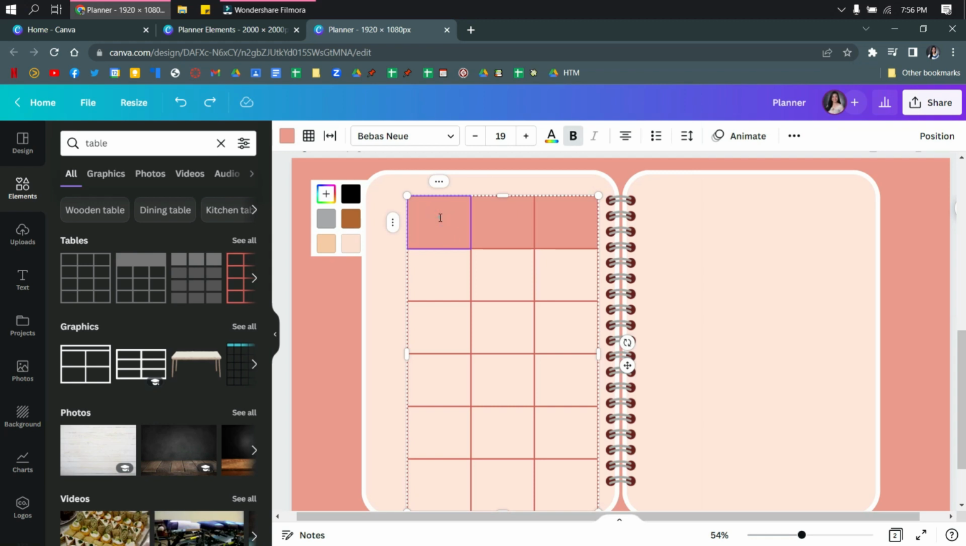So I will double click this first row and first cell rather, and then I'm going to use Baba's New as the font and I'm going to write Sunday, and then here I'm going to write Monday, and then here Tuesday. But it depends if you like Monday or Sunday to be your first day at the calendar. It depends on you. So I'm just going to adjust this and then